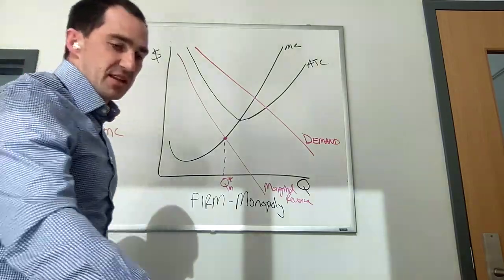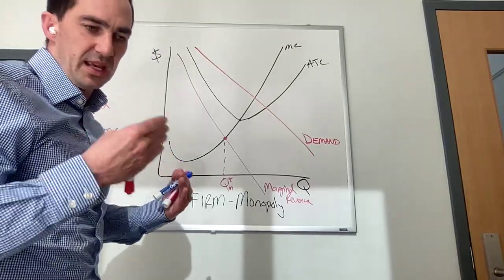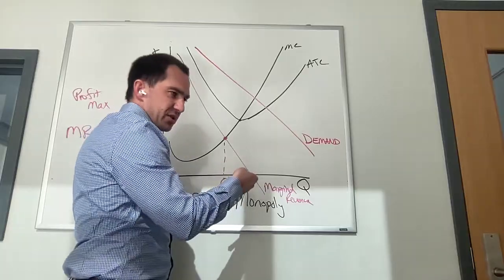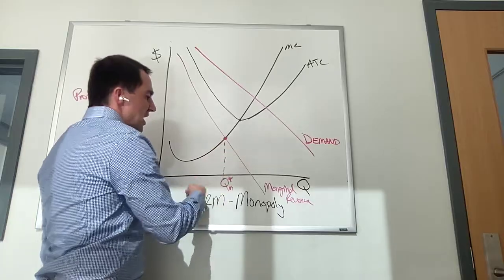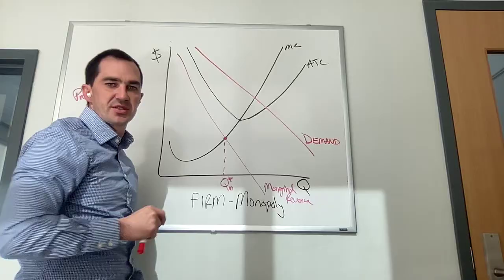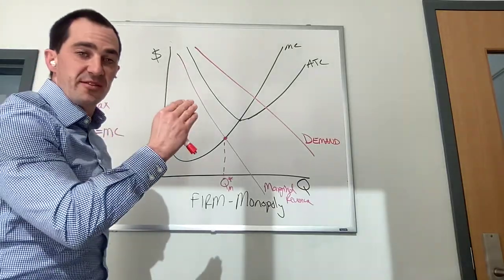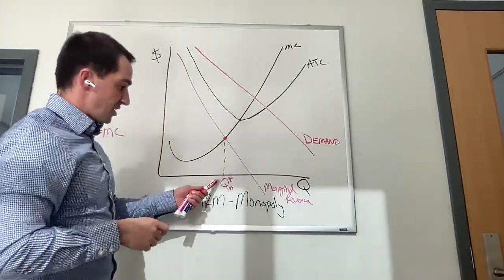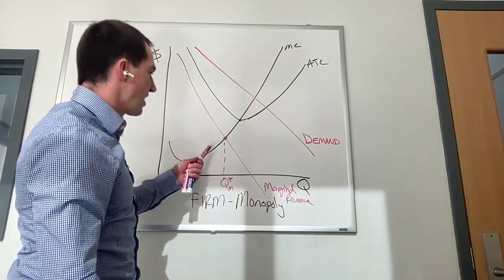But here's the big thing, and this is where students make a mistake all the time. In perfect competition, marginal revenue was horizontal, so this marginal revenue is different because to sell more, we have to lower the price, and lower the price for everybody. And we just found where marginal revenue equals marginal cost. There's the quantity. In perfect competition we made a couple of rectangles to find profit. Very much different with a monopoly,